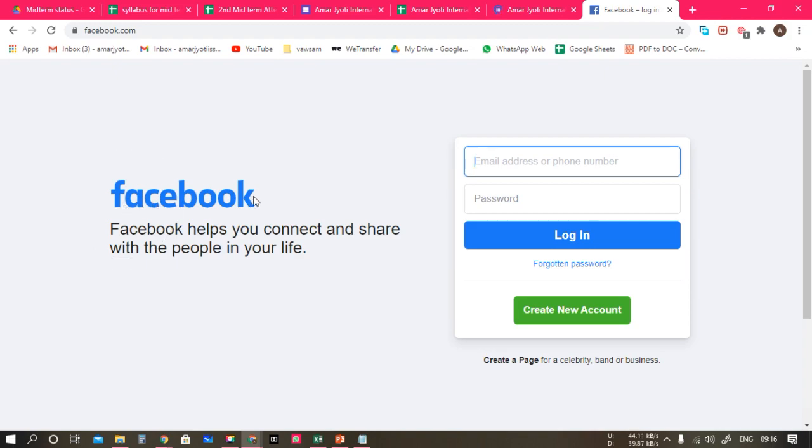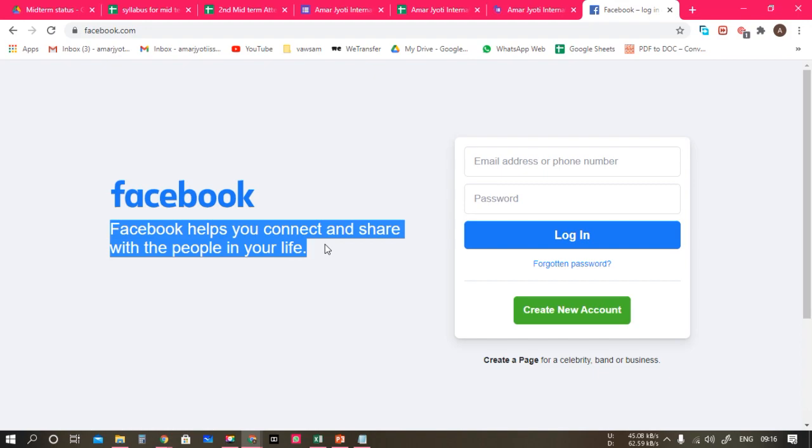This Facebook that you can see here, this is the head and this is the title. This one that you can see highlighted on your screen is known as the title. And the blue color Facebook that you can see here is the heading.